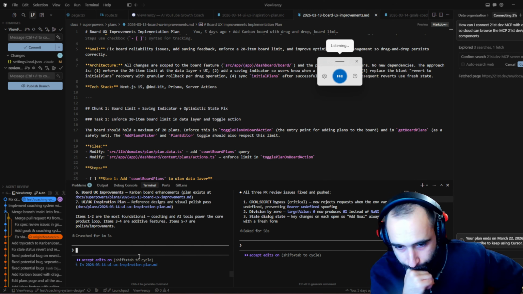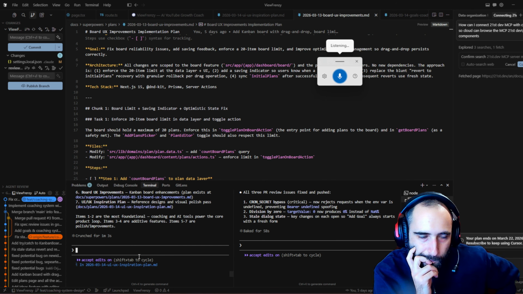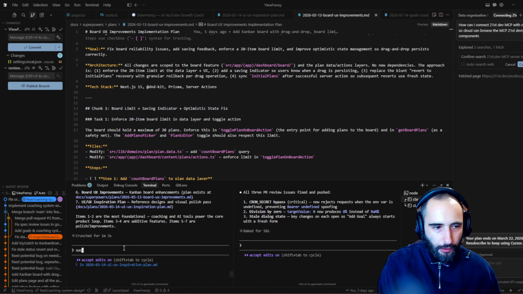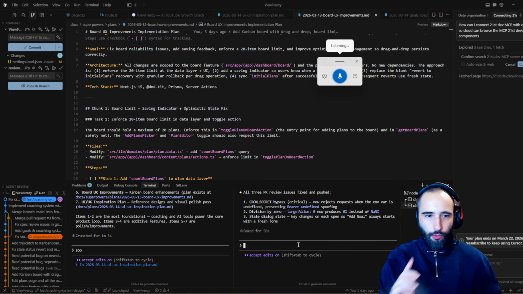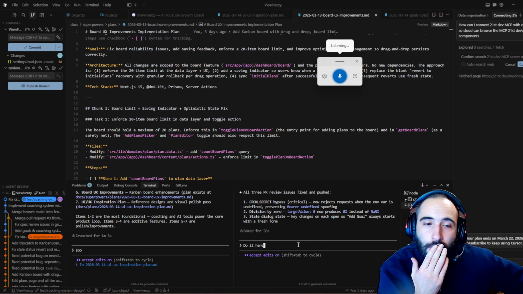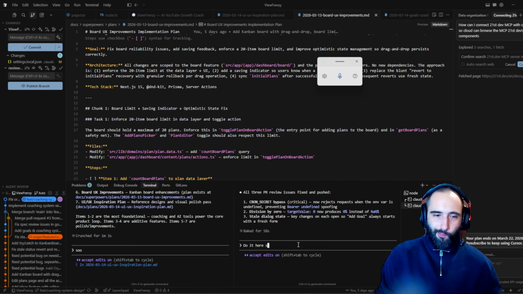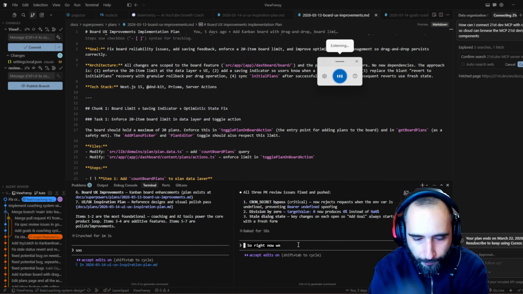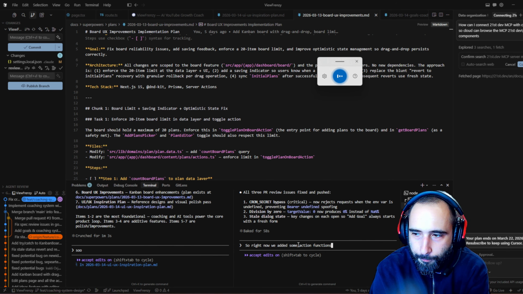So, okay, this is important actually. I need to do it here. So right now we added some action functions and service functions, and so